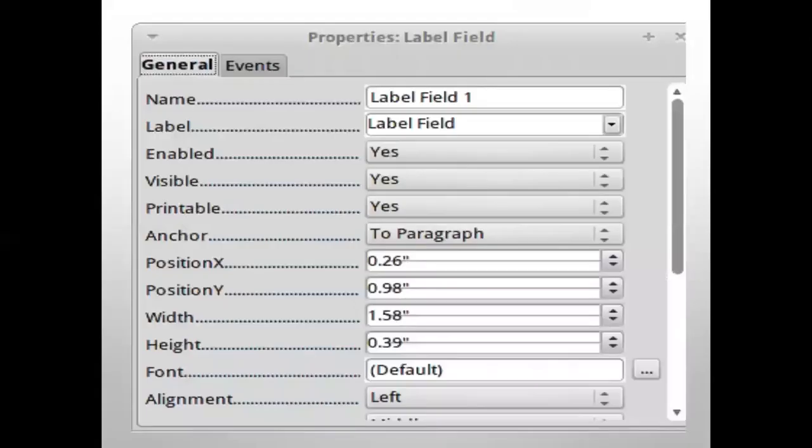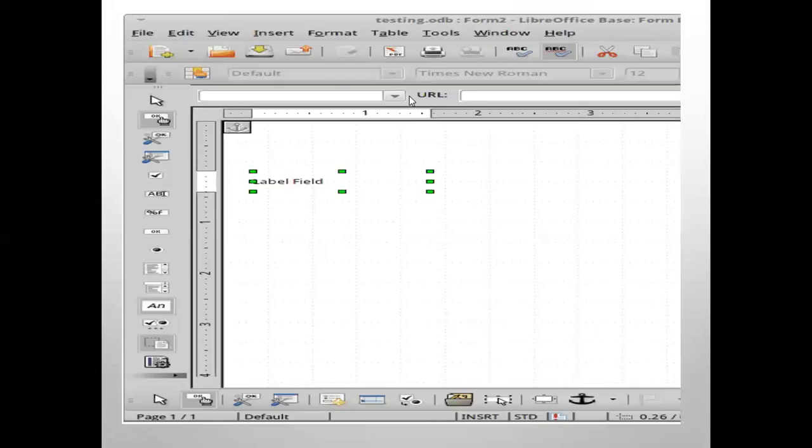Next, right click on the label field and select the control. You will get this window with the properties if you want to change certain things. Change the first field to first name and close the control window. Here you have to write whatever you are going to display here: first name and last name.